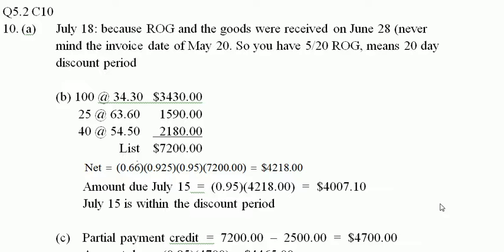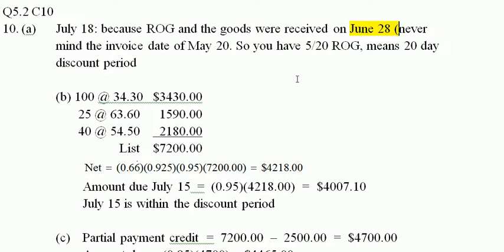First of all, notice in the question that it says receipt of goods. This is very important. Now we don't therefore care that the invoice was dated the 20th of May, because the clock starts when the goods were received, not on the invoice date. We know that the goods were received on June the 28th,